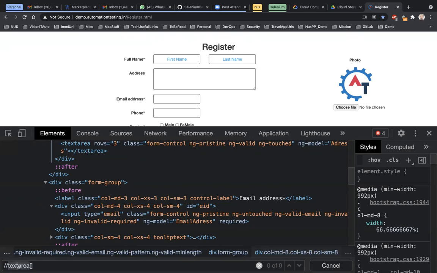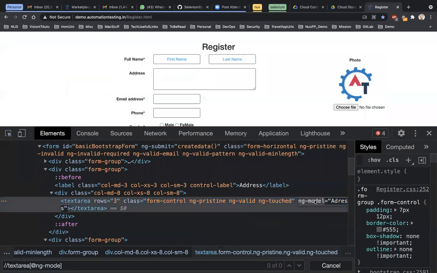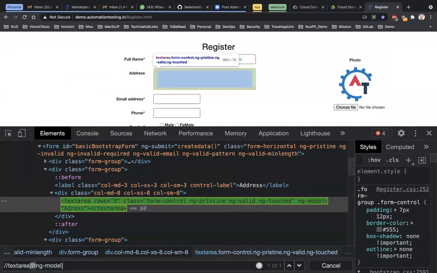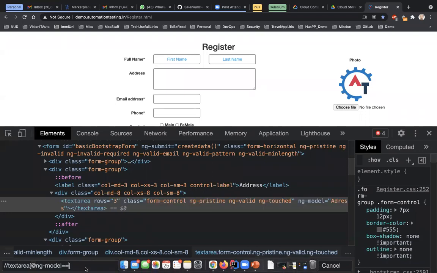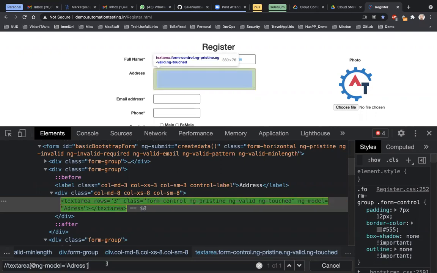So this is where you write the tag name, this is where you write the condition. So the condition is that the attribute name, which is named as ng model, I'll just copy it. So I'll say at the rate. Wherever you see at the rate in XPath, this means the attribute. If you want to access the attribute, you always use at the rate. So at the rate ng model is equal to the value as address. This is your XPath.